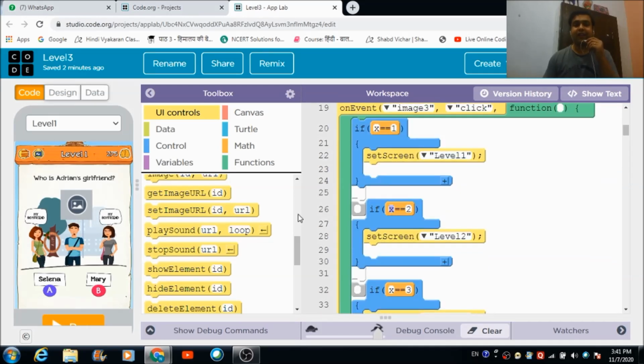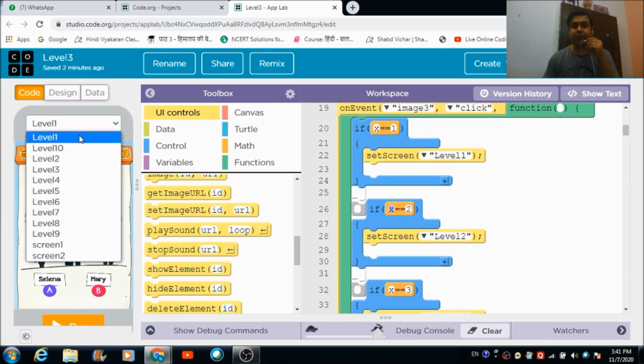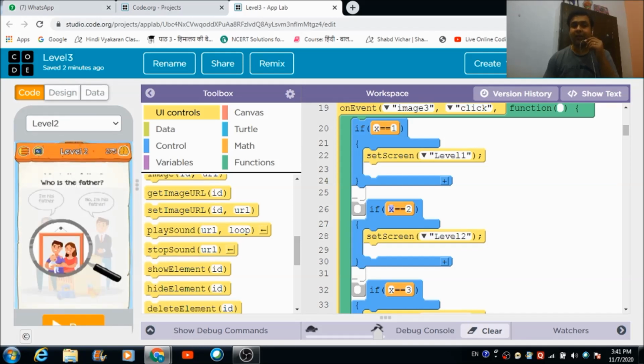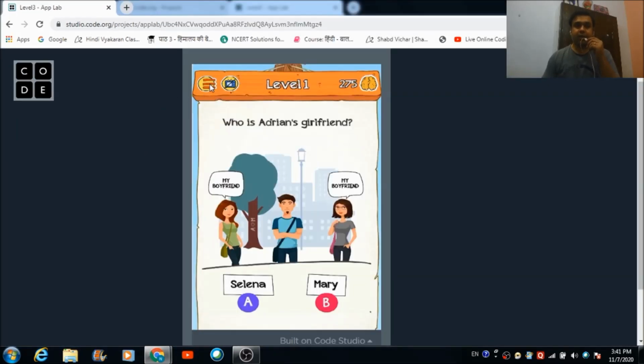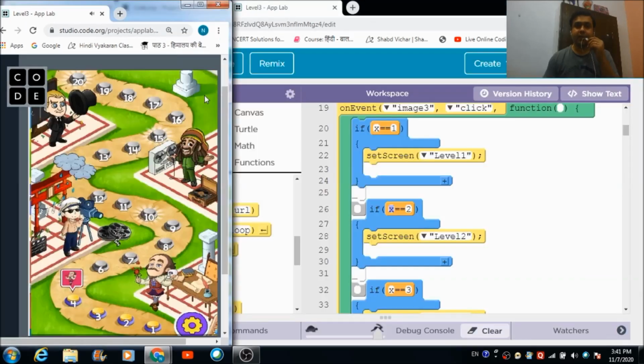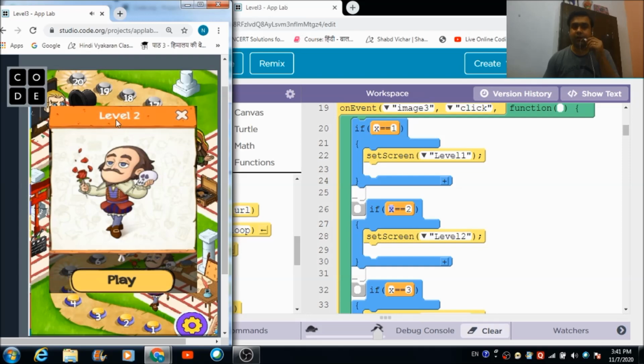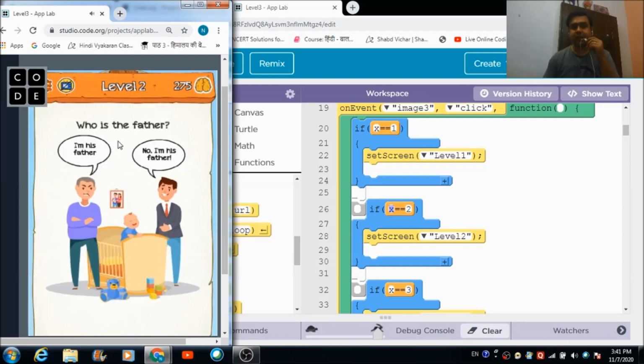If the value of X is equal to 2, what is going to happen? The image is going to redirect me to level 2. Like this, it is going to happen. Let's come back, and when the user hits this level 2, level 2 is going to get reflected over here, and let's hit this play button, and now I will be redirected to level 2.